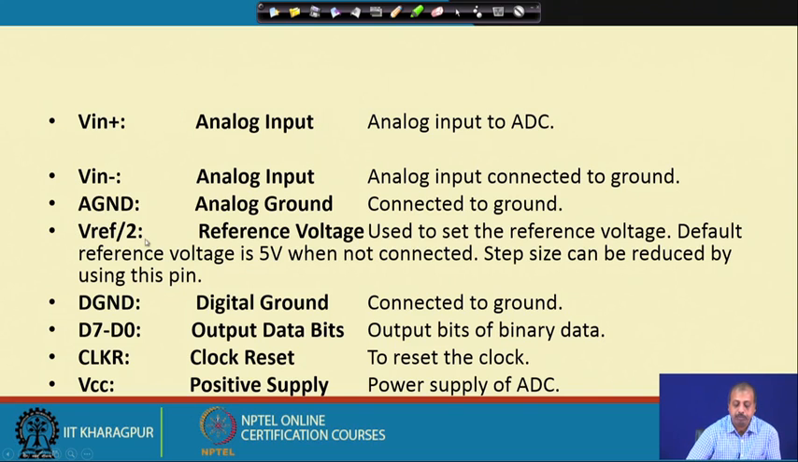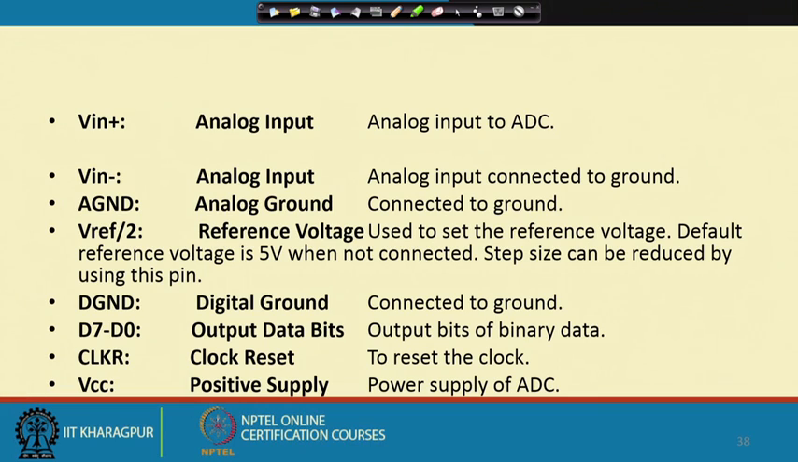If you keep this Vref by 2 pin open, then the reference voltage will be 5 volt, and if it is connected, then the reference voltage will become 2.5 volt, and accordingly the step size can be reduced using this pin. So, if instead of converting 0 to 5 volt, you are converting in the range 0 to 2.5 volt, then with the same 8-bit ADC you are getting the same 256 levels of inputs converted into digital values. So, if the range is less, that means your resolution will be higher, because now you can have less difference